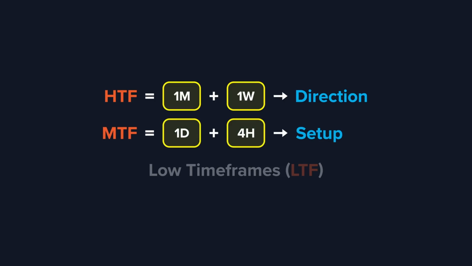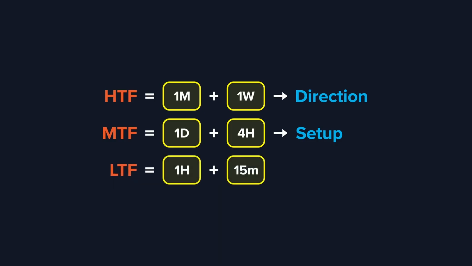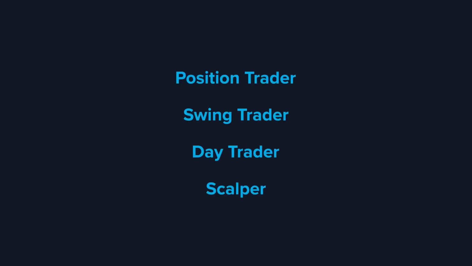The second category are the medium timeframes, which consists of the daily and 4-hour timeframes. We use this category to look for potential trade setups that align with the larger market structure. And then for the third category, we have the lower timeframes, which consists of the 1-hour and 15-minute timeframes. And this category is used to actually enter our trades using the market analysis from the larger timeframes,